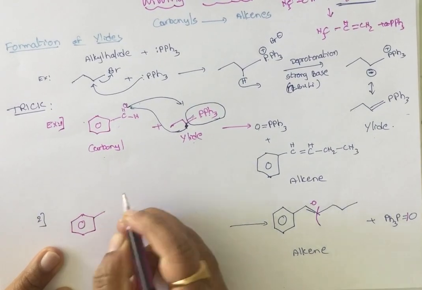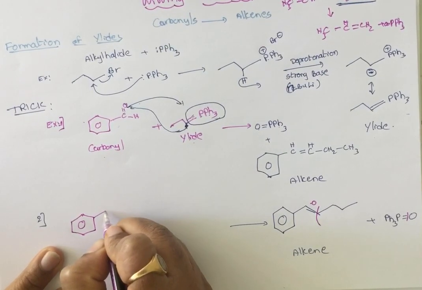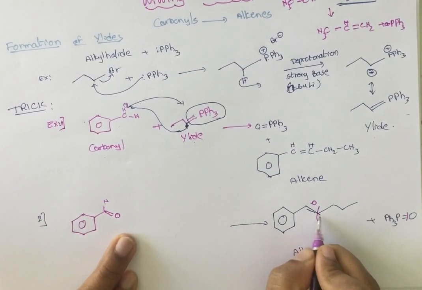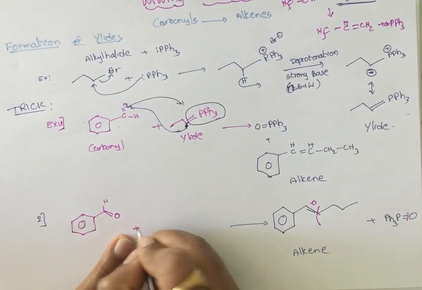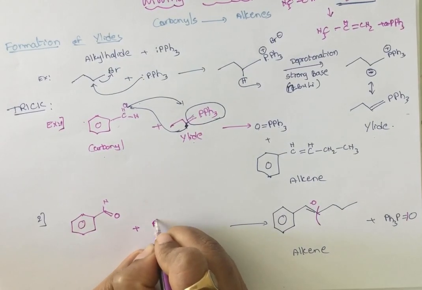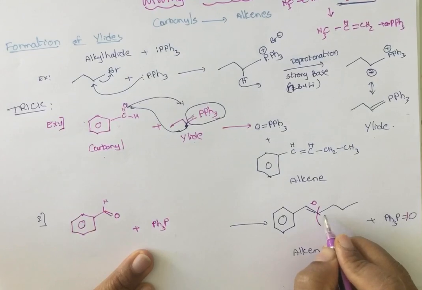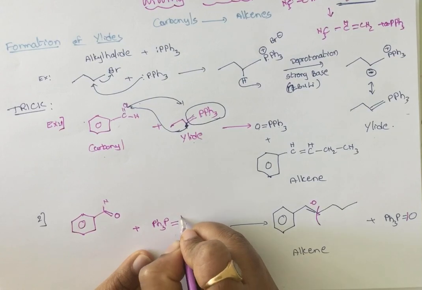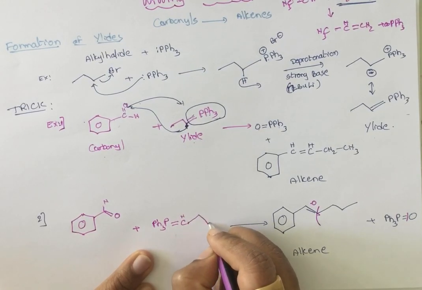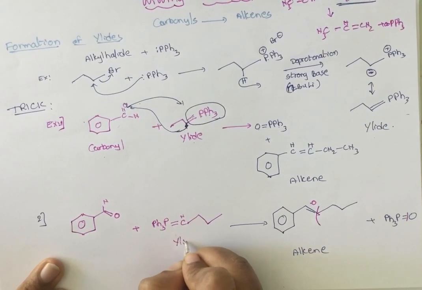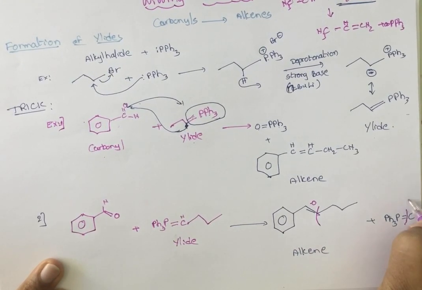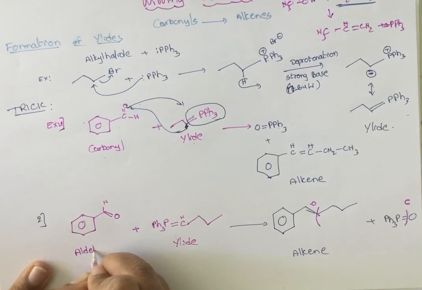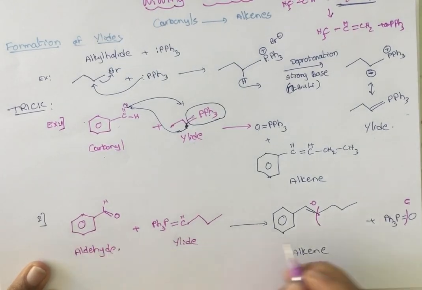Now let us first write the compound that we are going to get here. Double bond O, because I told you to write oxygen here. And what is the ylide that we are going to get here? Ph3P, and attach this carbon, double bond CH. This is the ylide. Just attach this carbon to this. Attach the carbon chain to this, and this is the aldehyde or carbonyl compound. You may get anything; in this case you are going to get an aldehyde.